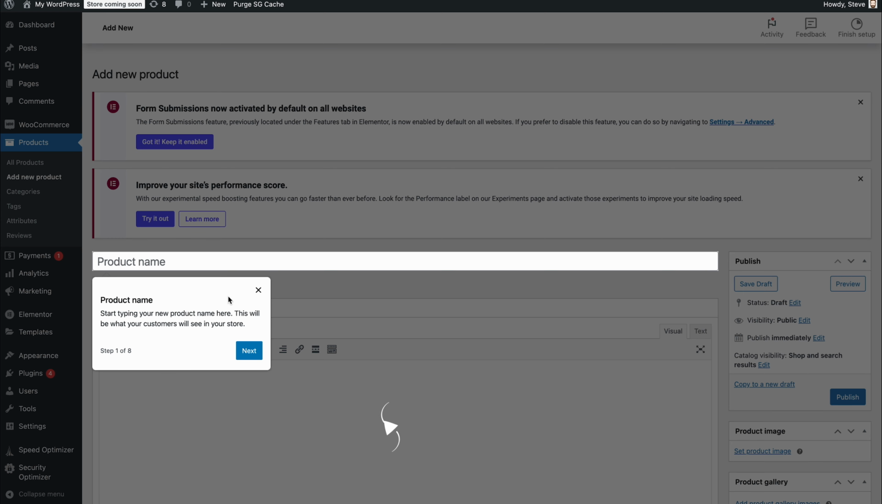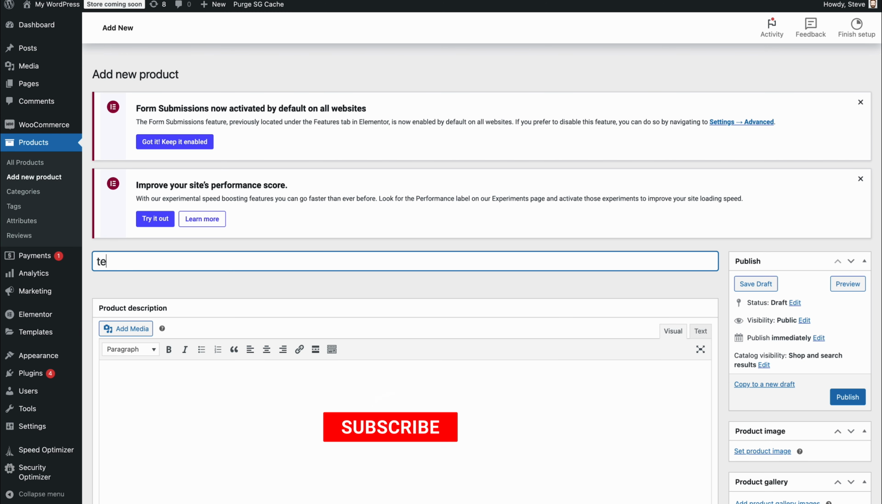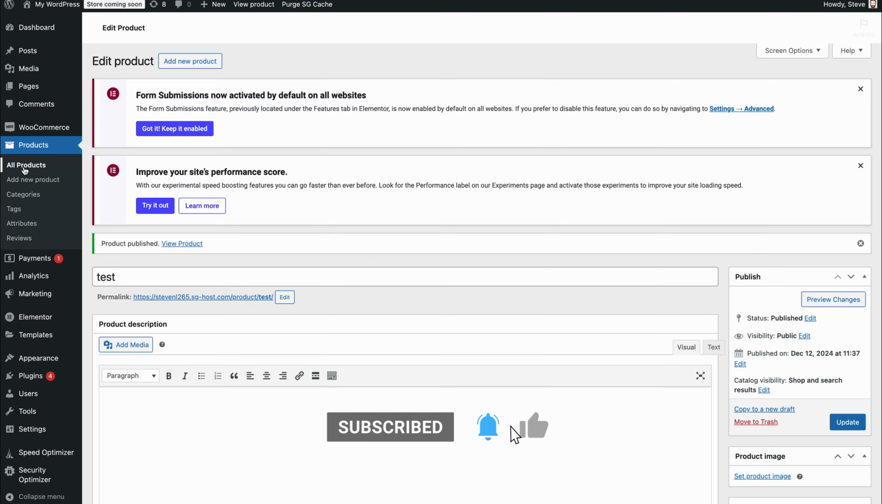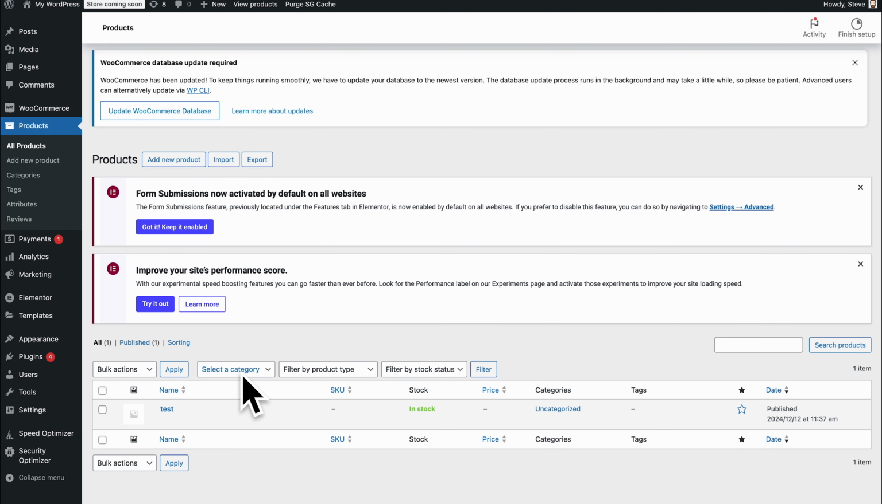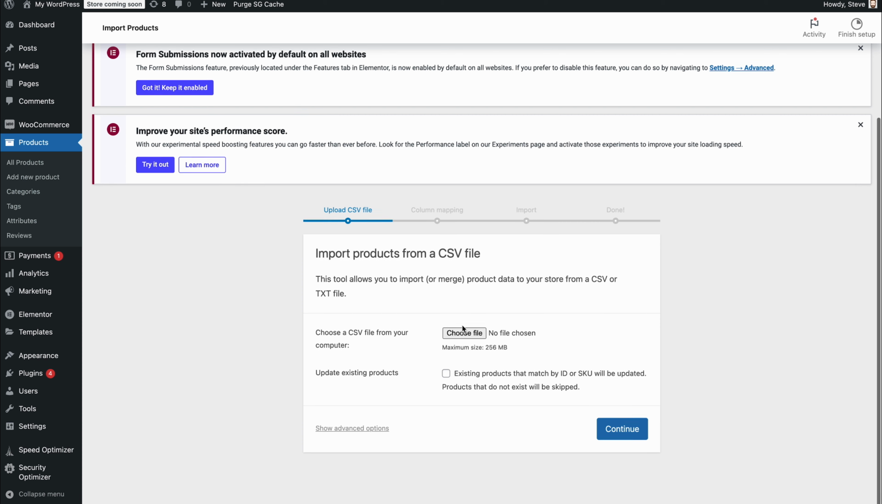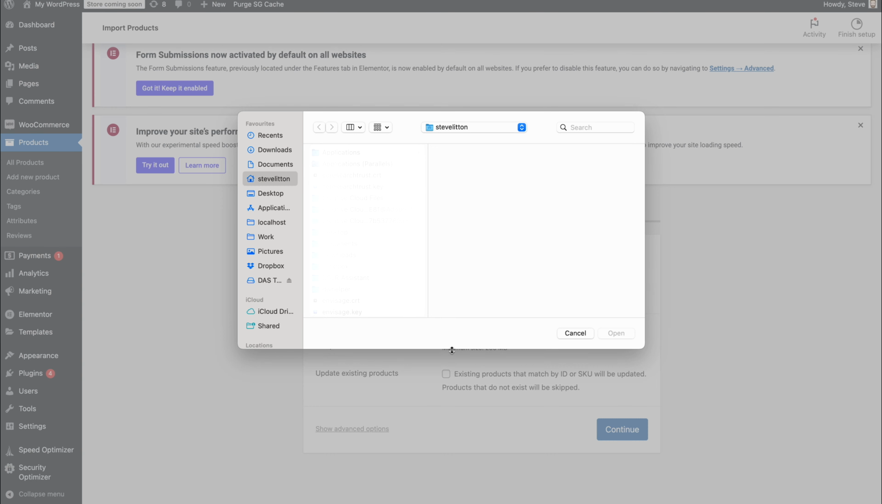What I'll do is create a product called test. It's obviously missing everything it needs, but that will change the all products page. So there you go, it may look like this for you. And you can see up here, we've got add new product, import, export. So if we go to import, and then we can actually choose that